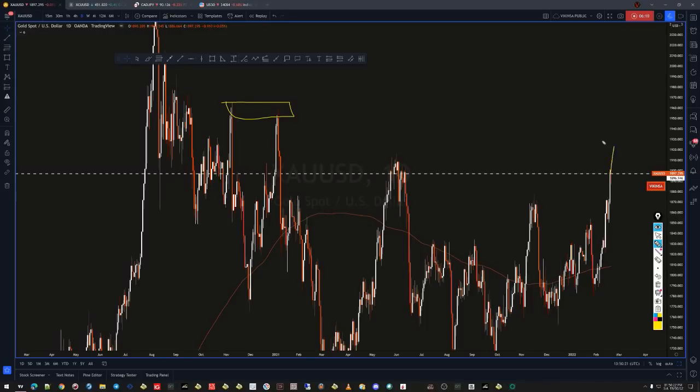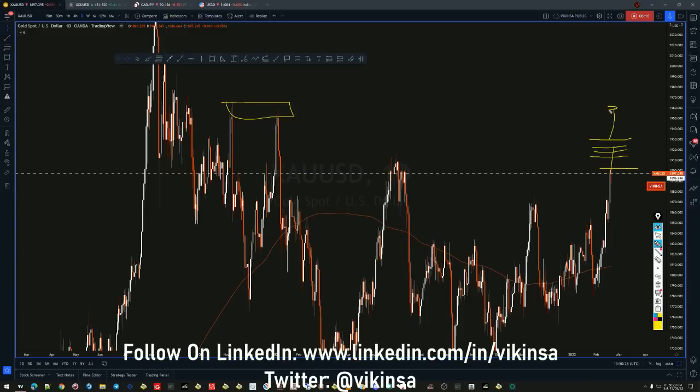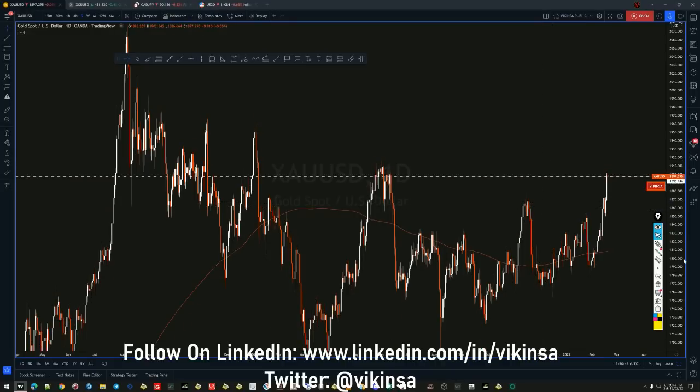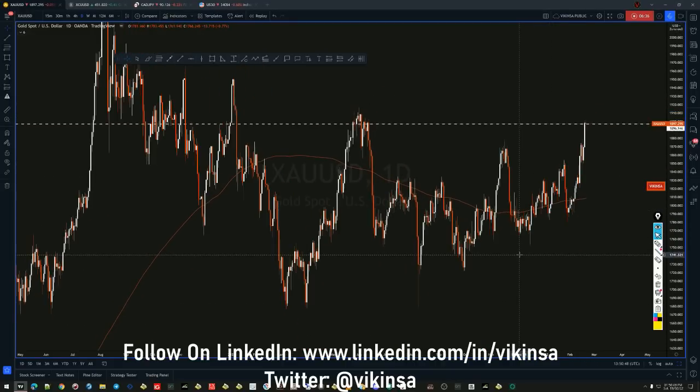So the market can actually go into one of these areas, right? If you're getting good trades, that's fine. If it goes above this, then it's probably going to just touch and then fall back down. So these are some of the scenarios which you should be aware of, and most of the retail traders are not looking at these, because they are very narrow focused. They are focusing on one trade or one candle or one day or one time frame. They are not looking at the entire picture. So this is what you should be looking at.